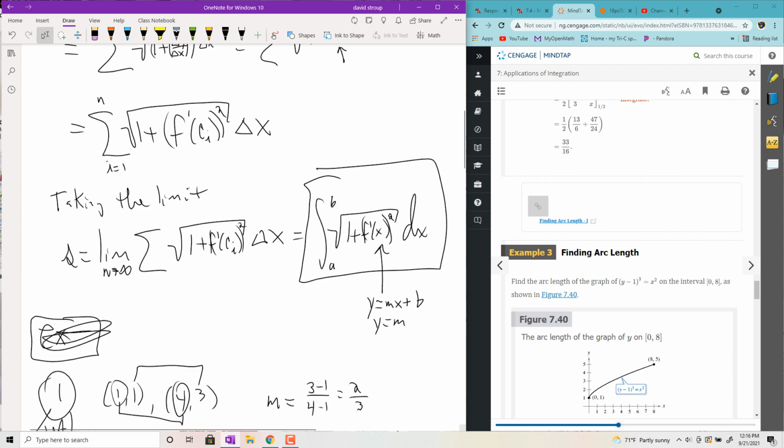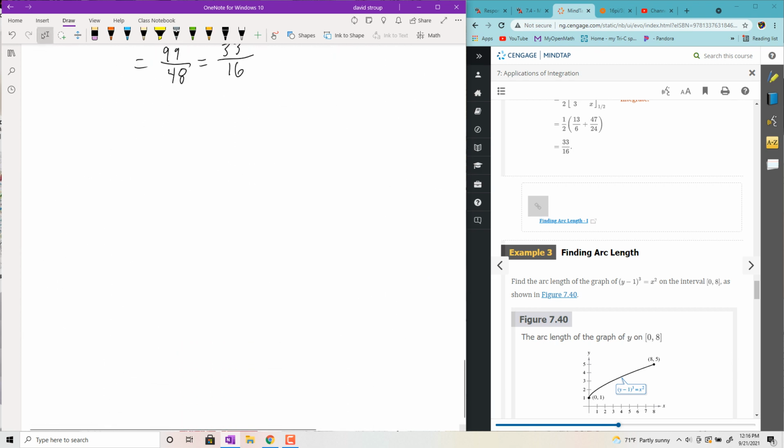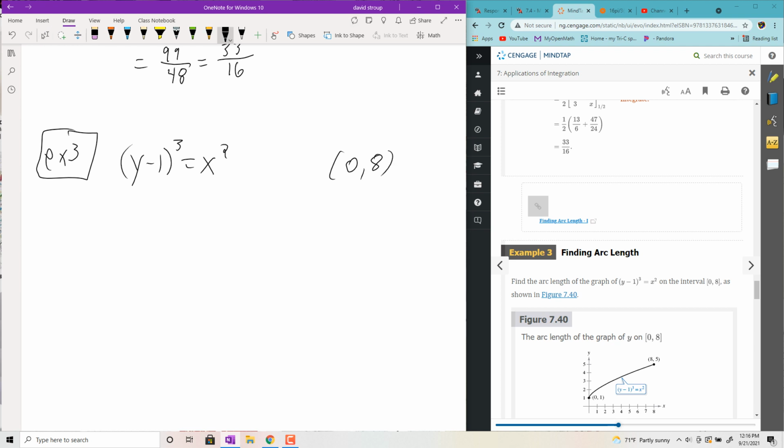Okay, so let's look at this example 3. You're kind of forced to do it in this way because the derivative wouldn't be defined. So anyways, let's take a look. y minus 1 cubed equals x squared on 0 to 8. I'm going to solve for x, so I get x equals y minus 1 to the 3/2, just take the square root of both sides. And then I'm going to integrate,